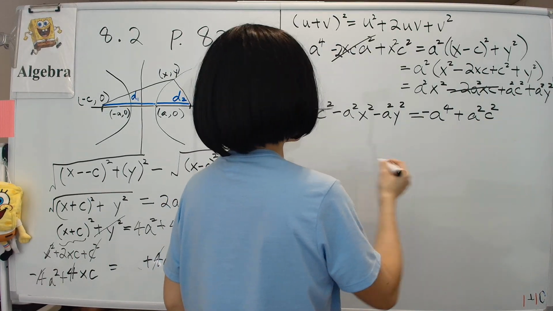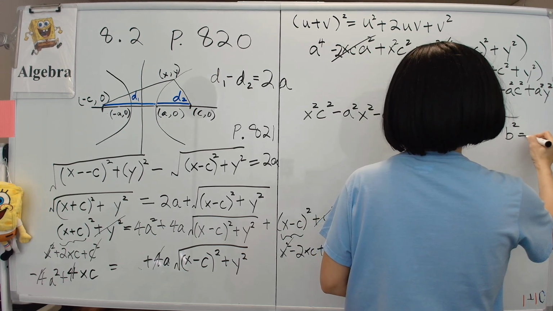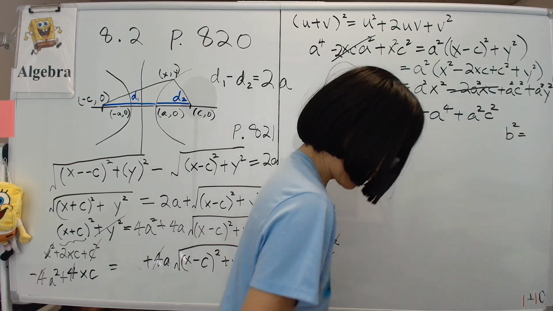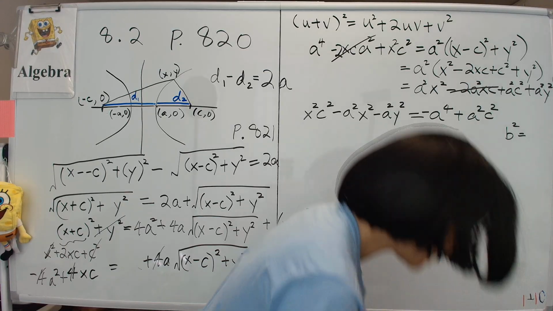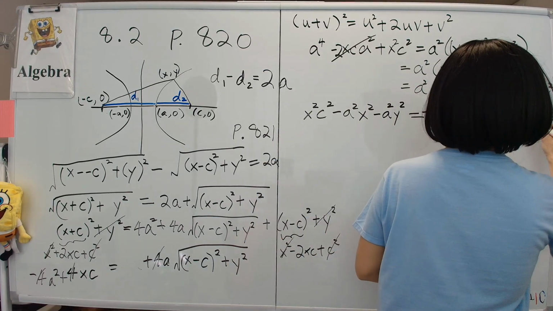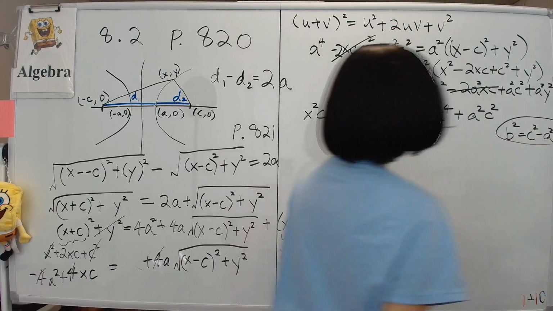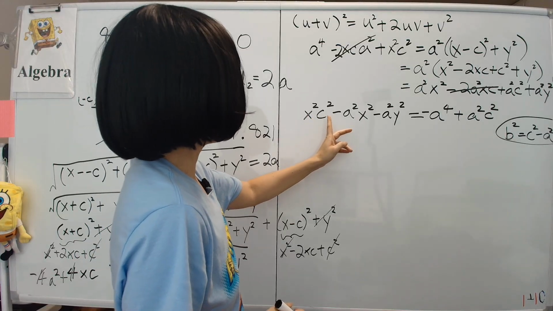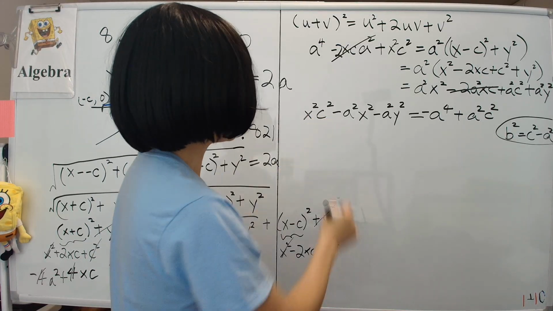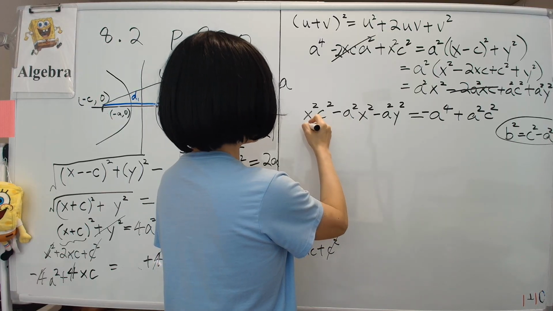Let's see. Where do we write this? Write it right here. B squared. We'll set b squared equal to, let's see, what was it? I keep forgetting. C squared minus a squared. Okay, c squared minus a squared. And this is what we're going to do here. If b squared equals c squared minus a squared, then this thing factors into this, and this becomes